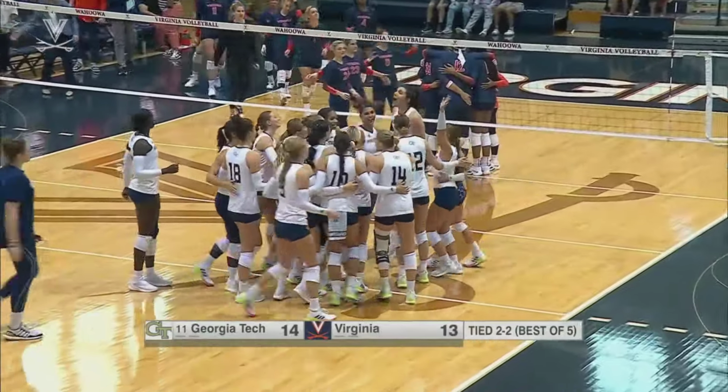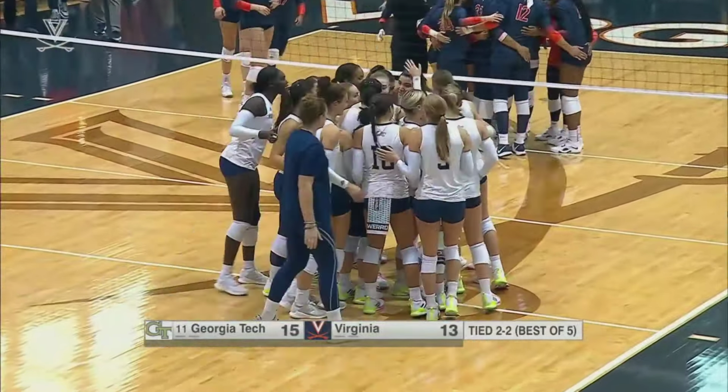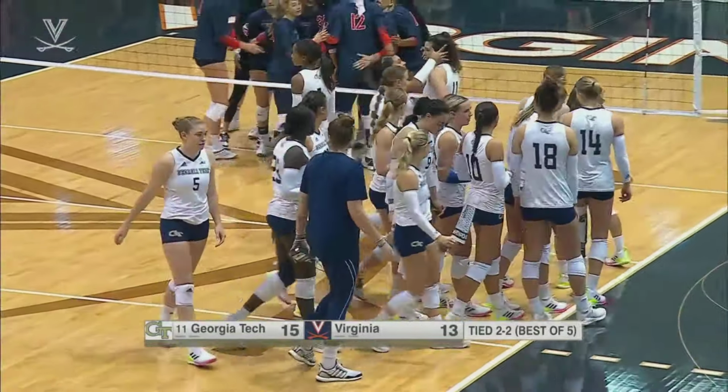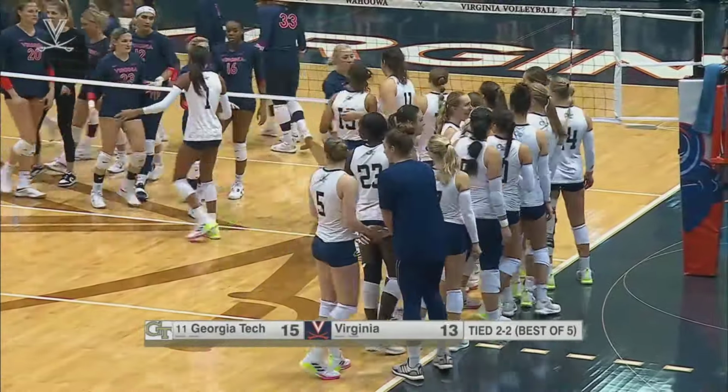By just 2 points, the Yellow Jackets win their 7th match in a row versus Virginia. But you can't say the Cavaliers didn't fight. What a